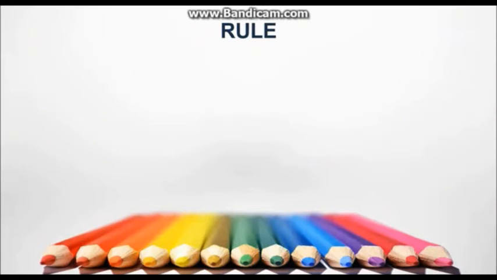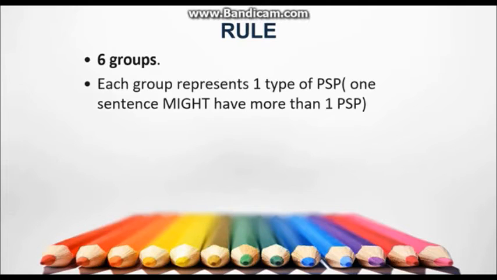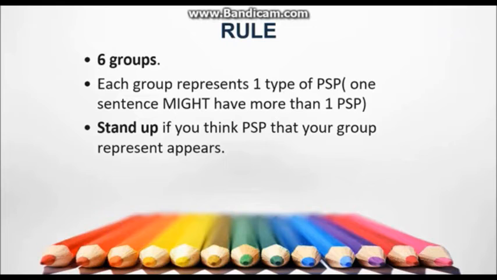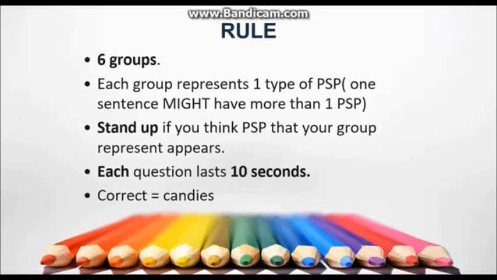And now, practice. Okay, so before going into the game, I would like to remind you some rules. The first one is there are 6 groups. Each group represents one type of presupposition. And remember, one sentence might have more than one presupposition. Stand up if you think that the presupposition that your group represents appears on the slide. Each question lasts for 10 seconds, and correct answers equals candies. So the first one,